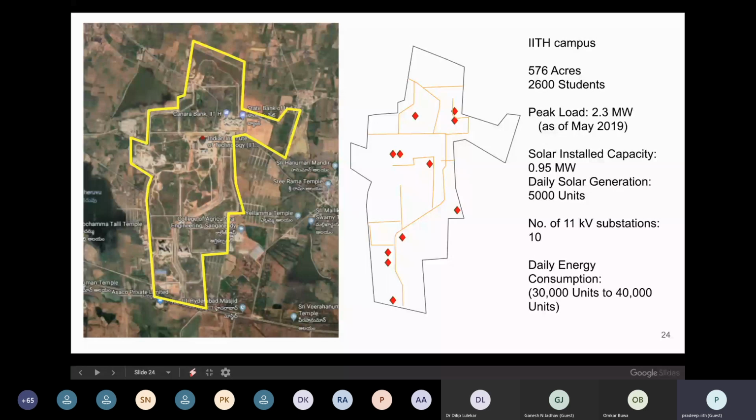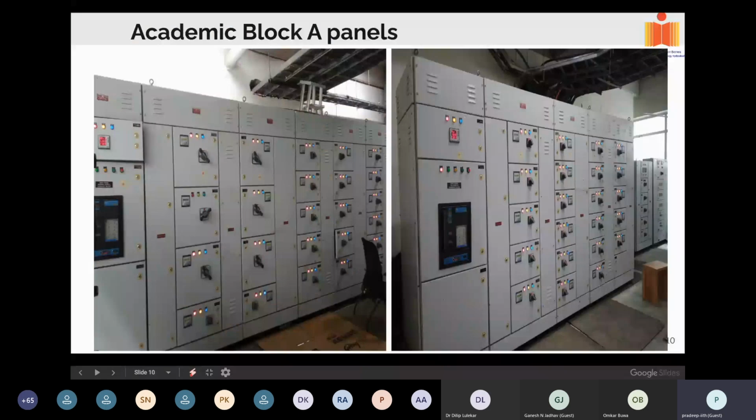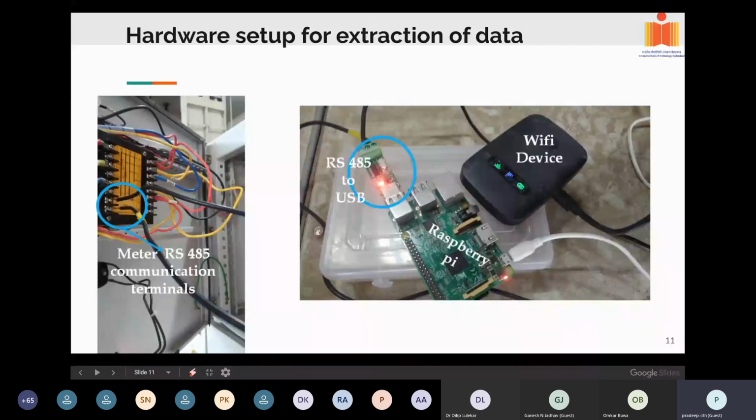So in such cases, what we have done, we went for a Wi-Fi dongle. You can see on the screen right now, there is a Jio or Airtel kind of Wi-Fi dongle. So there will be a combination of a Raspberry Pi module for data collection and a Wi-Fi device with a SIM card. Now every month you have to recharge the SIM card, and through the mobile network, 3G, 4G network, the data is transmitted. So this is the problem we are facing. Hope that answers the question.